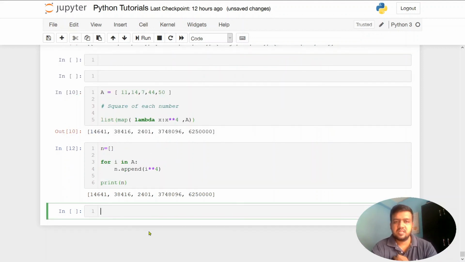Essentially this is giving me the same output as earlier, but here I'm using a single line of code to do this operation, and there I'm using almost 5 lines of code.